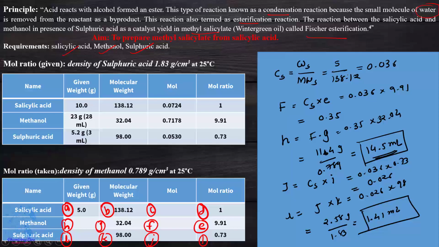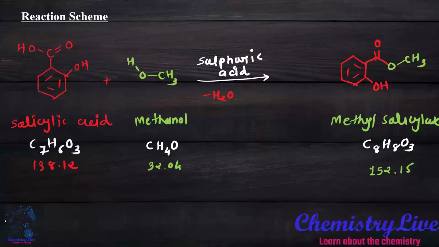So next we'll switch to the reaction scheme. In the reaction scheme it is very visible and clear that the OH first abstracts the proton from the sulfuric acid, and then the lone pair attacks one of the hydrogens, and then we get our product through many steps and many mechanistic steps.